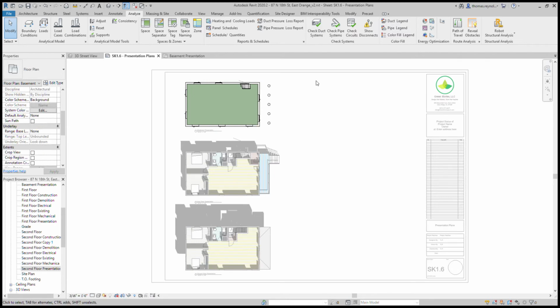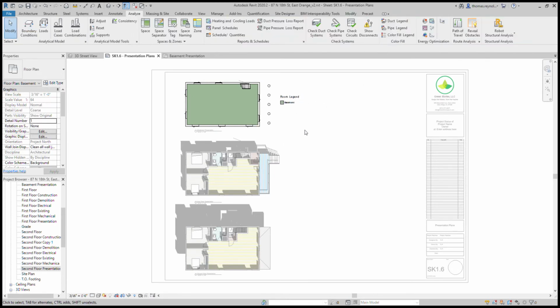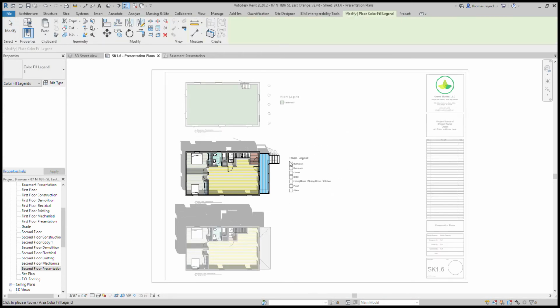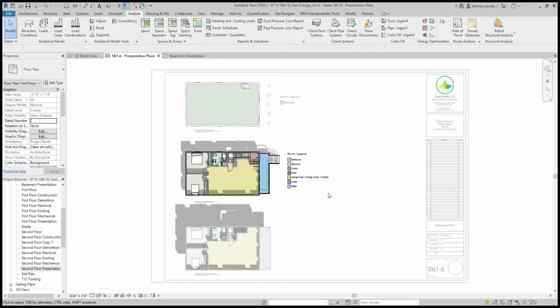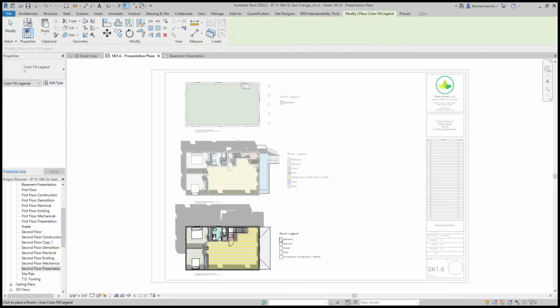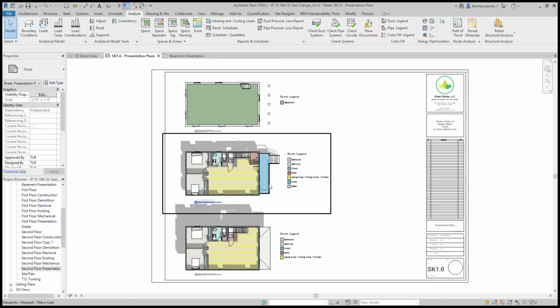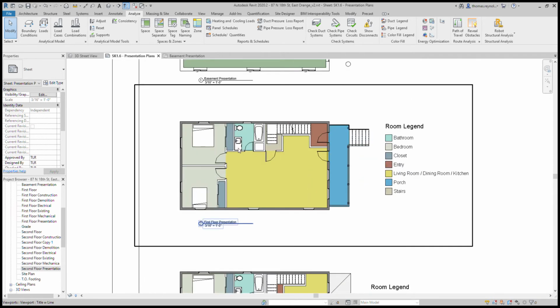So I can go into this view, choose color fill legend, and put it there. And come here, color fill legend, and put a legend in. I can come in here, color fill legend, and put a legend in. So now I've got a legend for the plans that aligns to the colors of the rooms, and it's actually kind of nice because